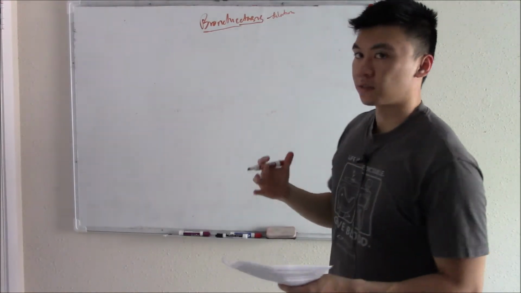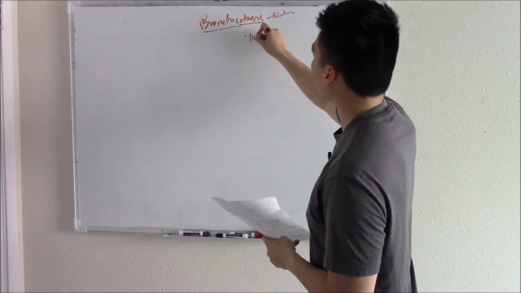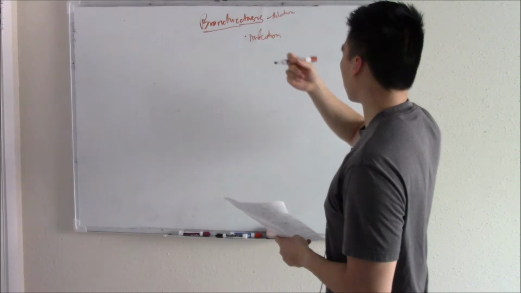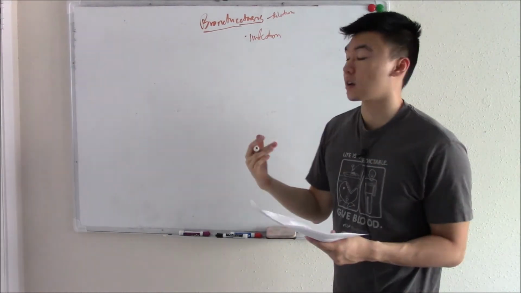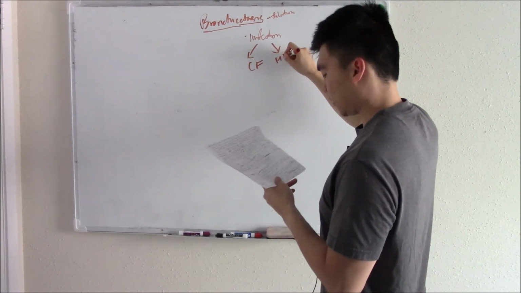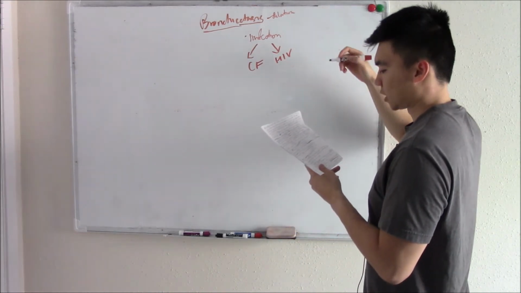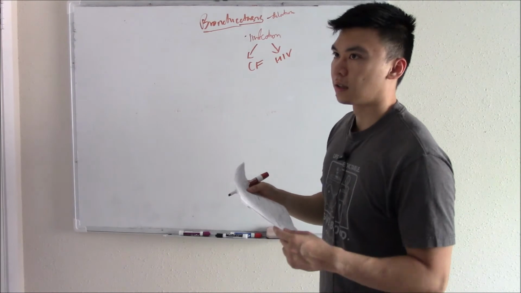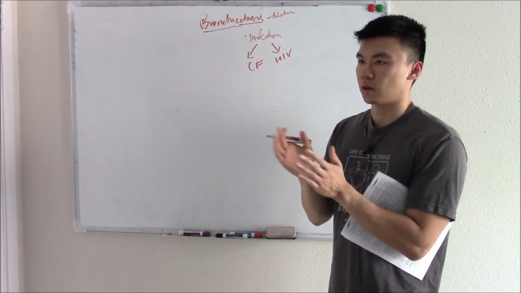So what causes that chronic inflammation in the first place? Usually from chronic infections. What causes chronic infections? Why is this patient predisposed to chronic infections? A lot of times it's from things like cystic fibrosis. Could be things like HIV. Could be things like Kartagener's. Kartagener's is a loss of your dynein arm and you lose your